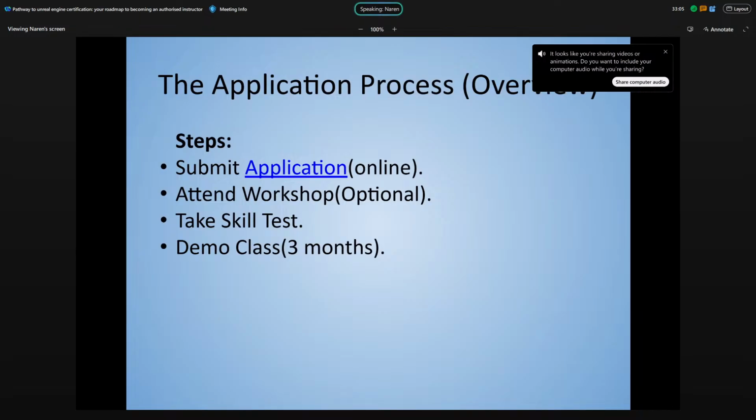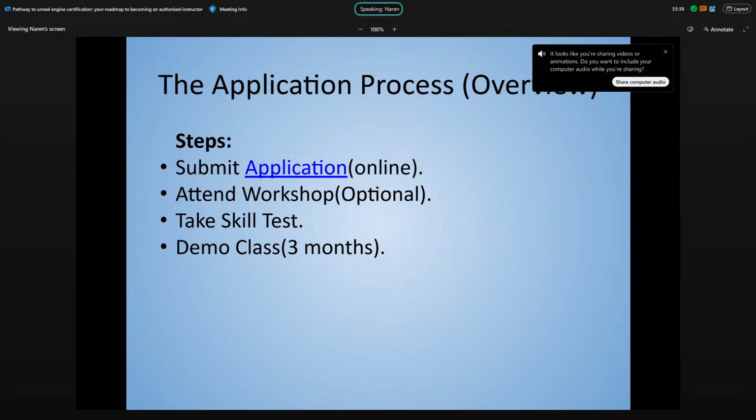When you submit the application, after verification, they will approve your application, and you will get an intimation from them saying that your application got processed and approved. From that, within 2 weeks, you have to decide which path you're going to take. That we will see. Then we need to take the MCQ test. After finishing the MCQ test, you'll be given 3 months to submit your demo sessions.